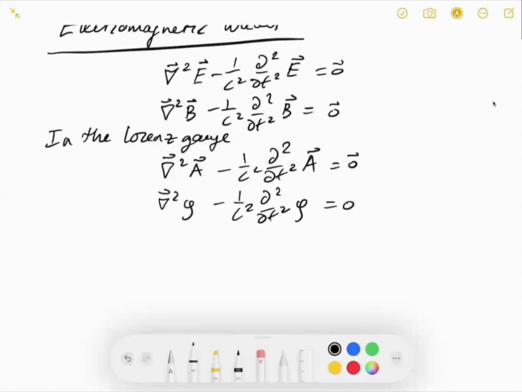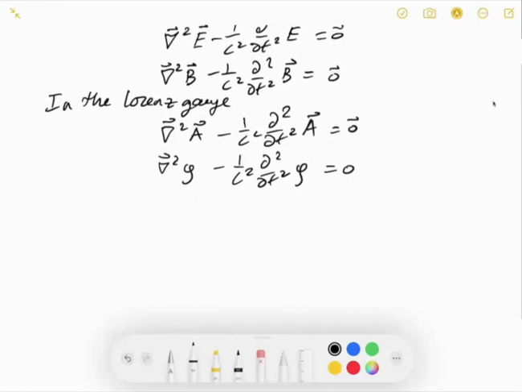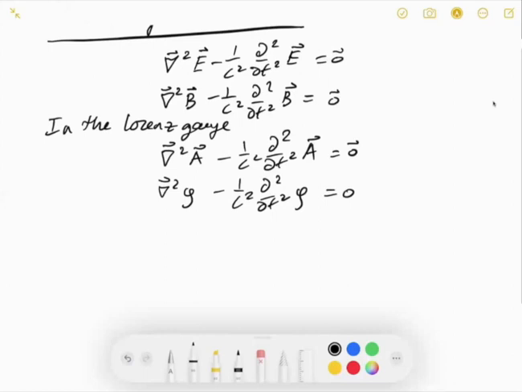Now there's the Lorenz gauge, of course. Let me write that down. The Lorenz gauge is that your divergence of A is minus 1 over c d phi dt. I might have a minus here or a plus here. I could be wrong. Then there's also the Coulomb gauge,